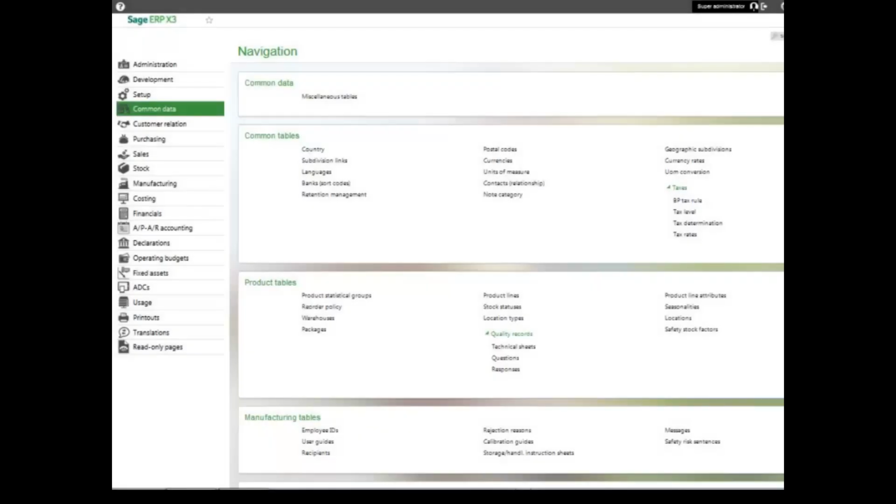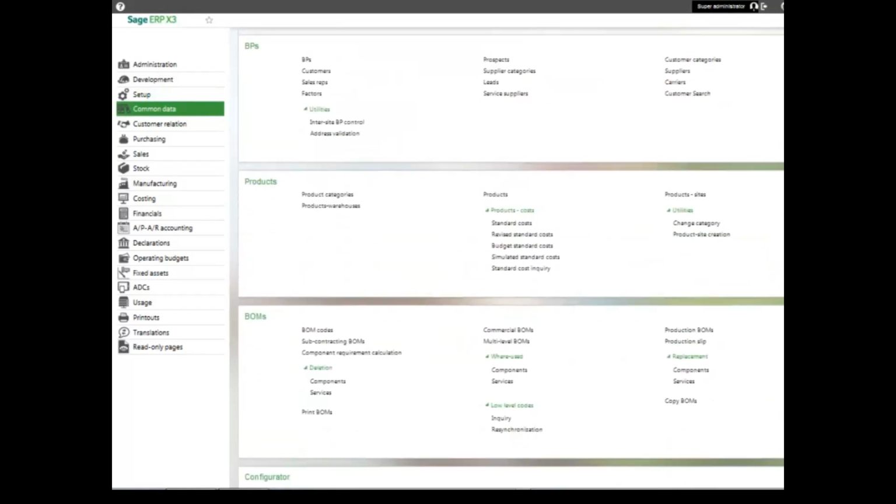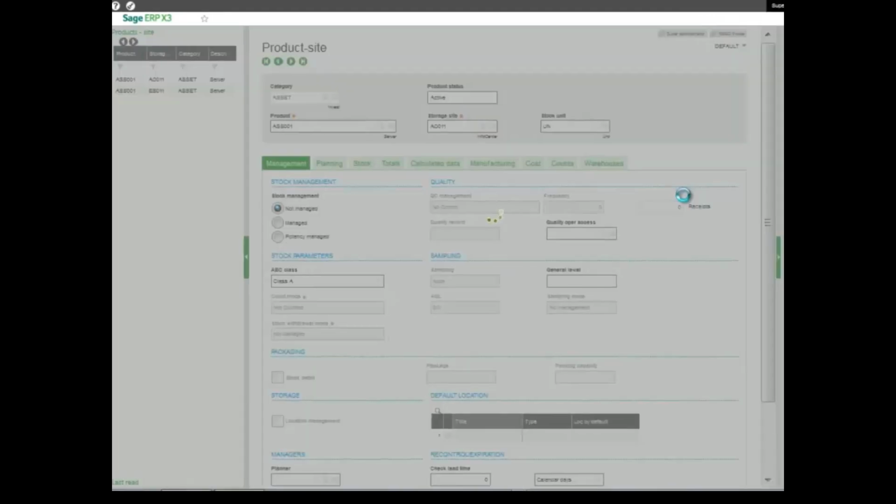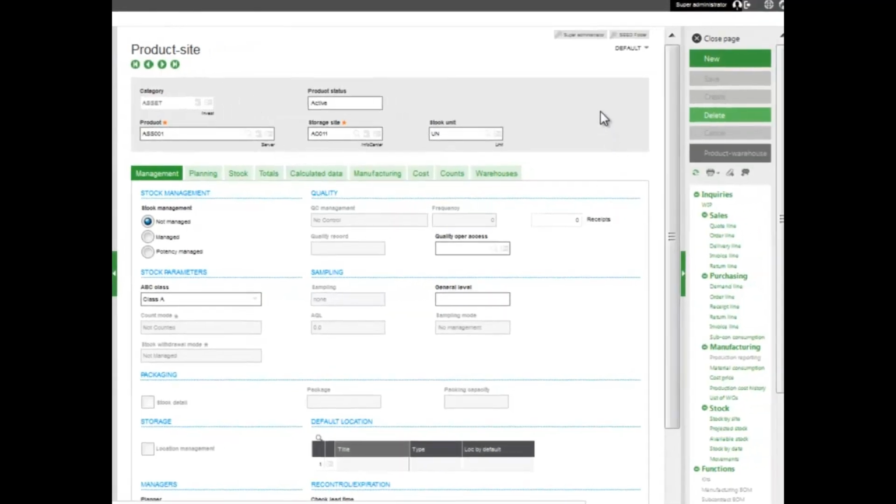Now, after defining your product and your product category, you can assign the product to the product site and then take advantage of the different definitions at the product site level. Now, to do that, we go to Common Data, we go to our Products block, and our Product Site function. So to assign a product to a new site, we click New,